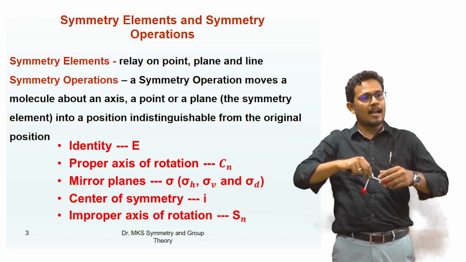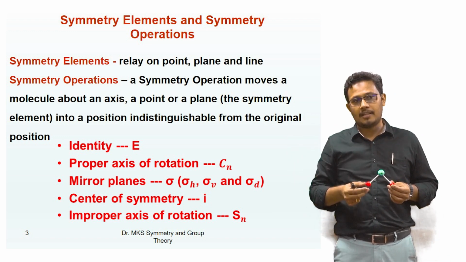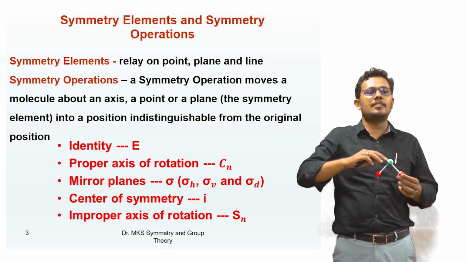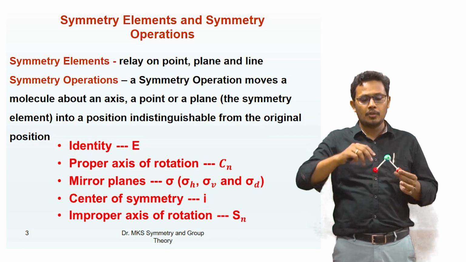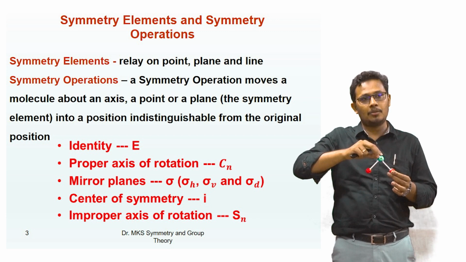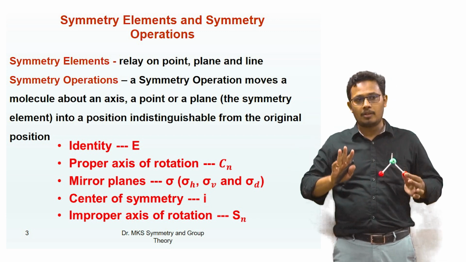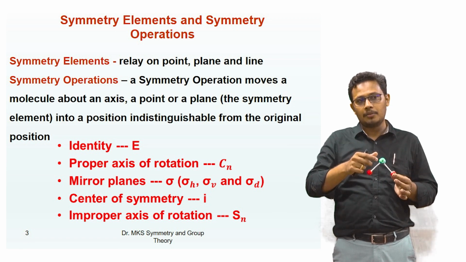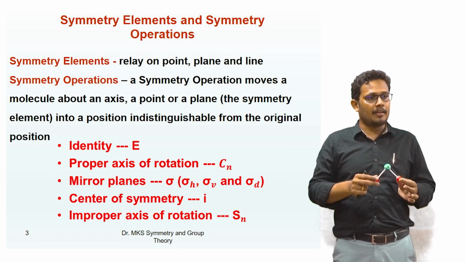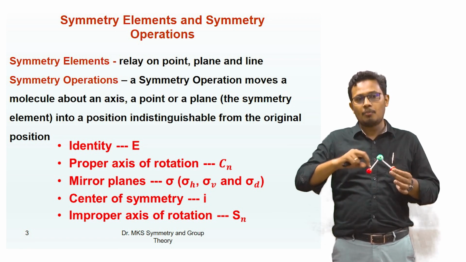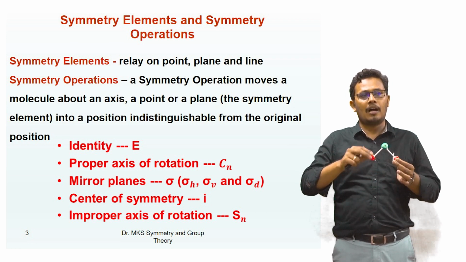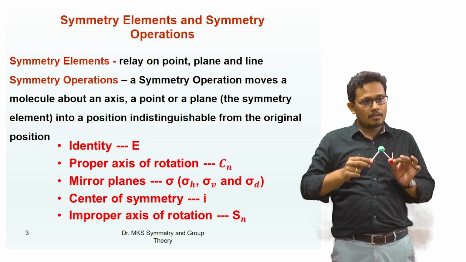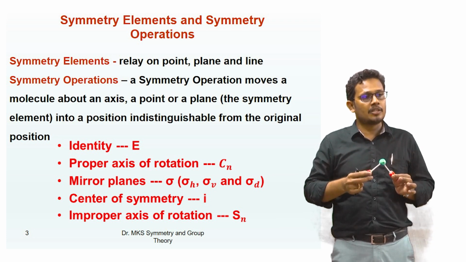And if you consider the last one, which is the improper rotational axis, here what happens? Improper, the name itself indicates that this is somewhat improper. You cannot easily rotate this molecule. If you rotate, definitely you will get the original structure. But for some molecules, if you rotate, you will not get the original configuration. Instead, you will get a somewhat different structure, but according to symmetry, that molecule is said to possess 2 or more indistinguishable